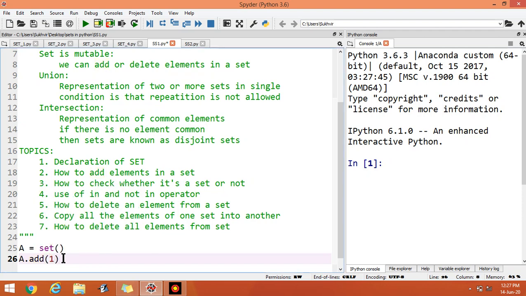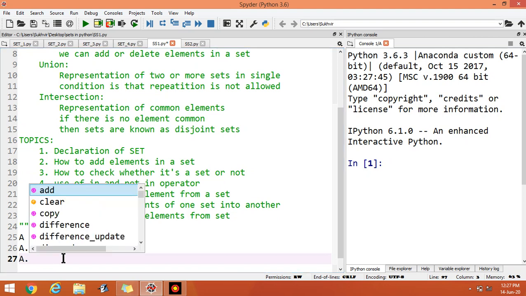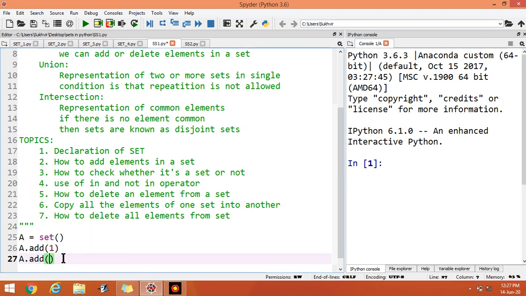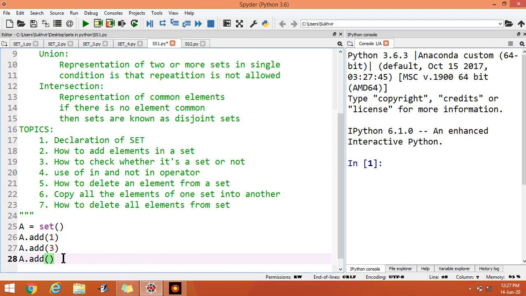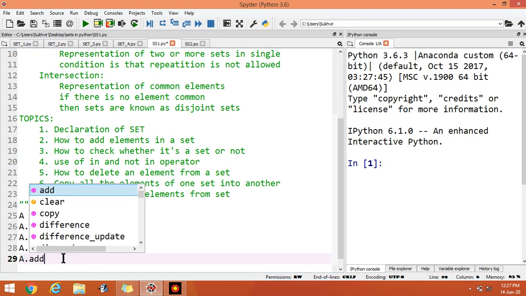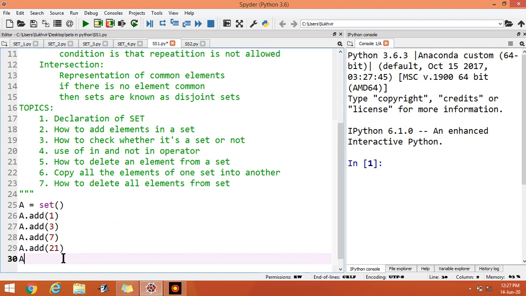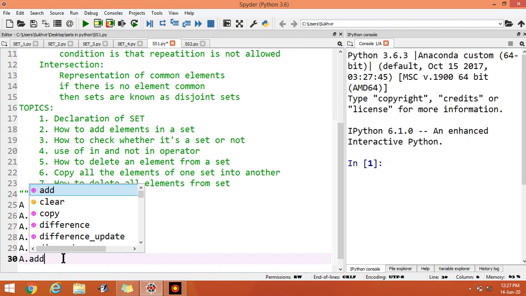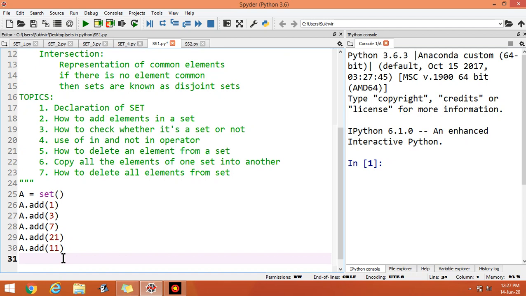Suppose I write 1, a dot add 3, a dot add 7, a dot add 21, a dot add 11. You can enter any number of elements using a dot add or add function.